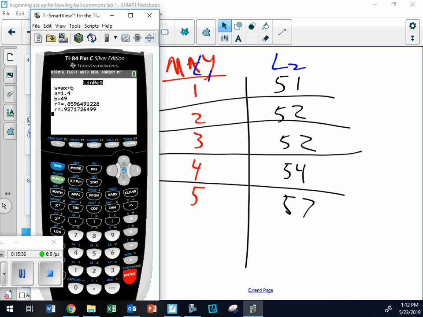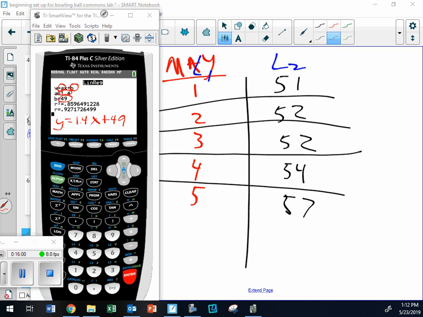And what does it mean? What it means is A right here is 1.4. B is 49. So it's Y equals, okay, you guys that have been talking all hour, you're going to need to knock it off. Y equals 1.4x plus 49. So I've got an equation here where I've got a y-intercept of 49, and it seems to be going up about 1.4 degrees each day.